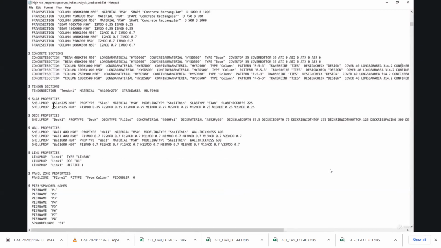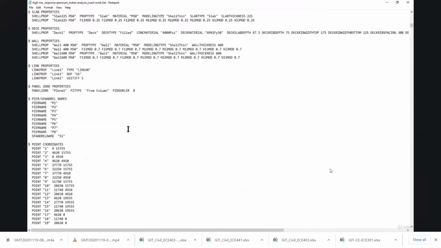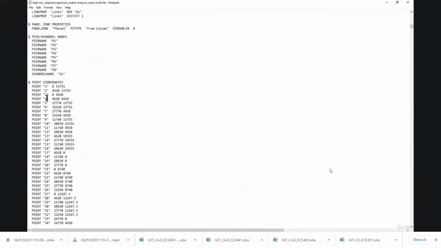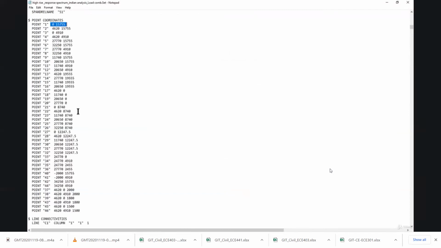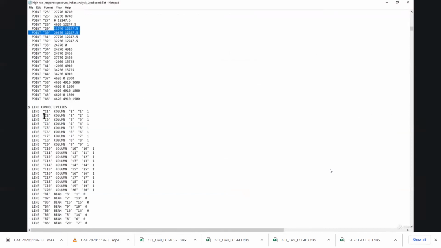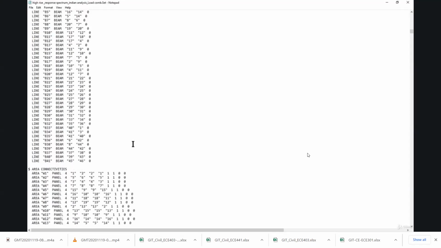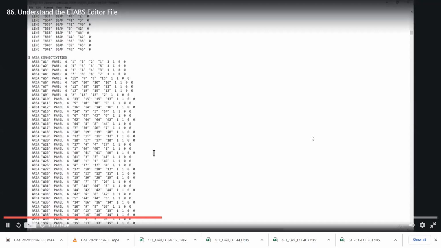After that, tendon sections are given, slab properties are given, deck properties, wall properties, link properties, panel zone properties, PS names, that is from P1 to P8. And then after that, point coordinates. Here you will see that each and every point coordinates is given in X and Y format. So whatever points we have, this coordinate is given for each one of the points. And after the line connectivities, that is line C1, column this, and for beam it is given like that. And after that, area connectivities,